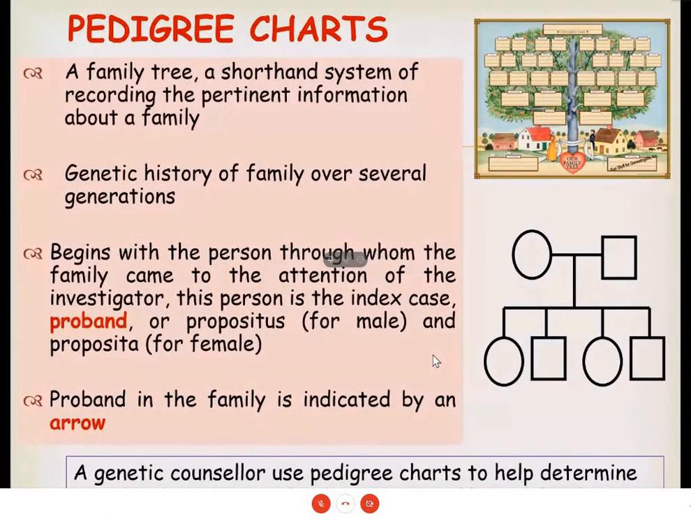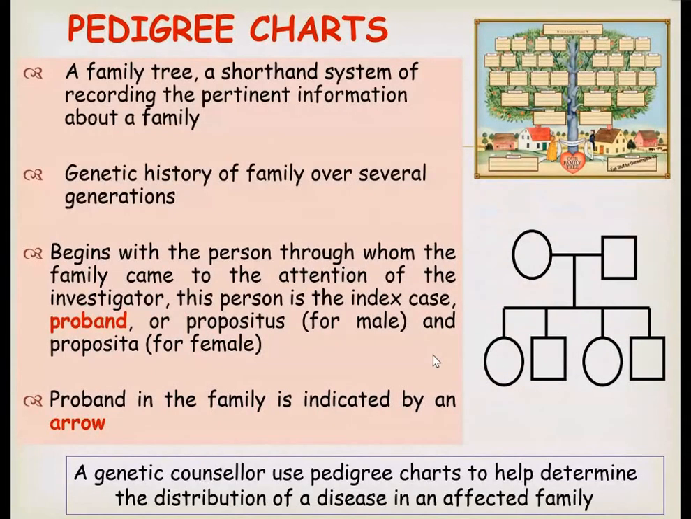The pedigree chart is about recording the genetic history of the family over several generations. I gave an example earlier: if the parents want to know the probability of their offspring suffering from muscular dystrophy, which is a genetic disease, if they want to know,